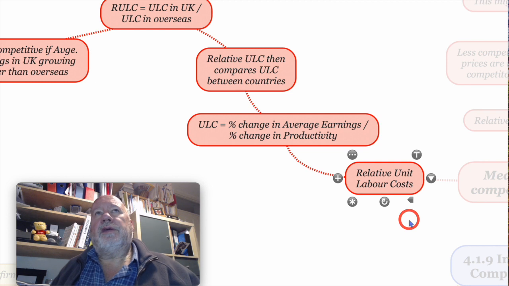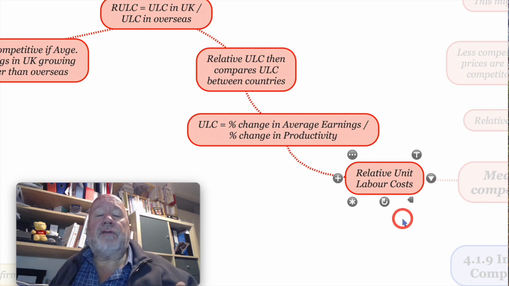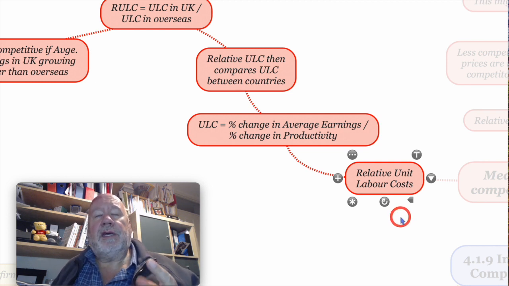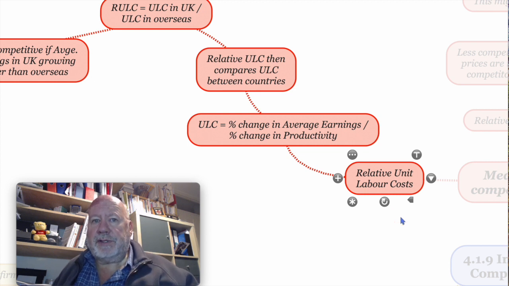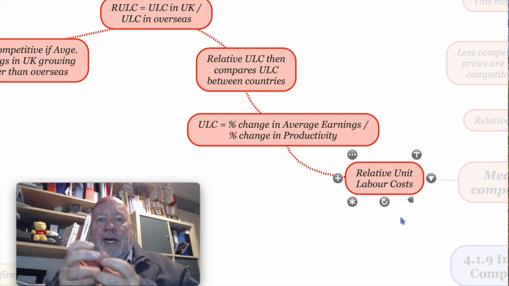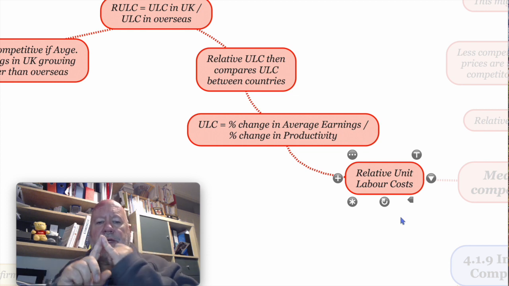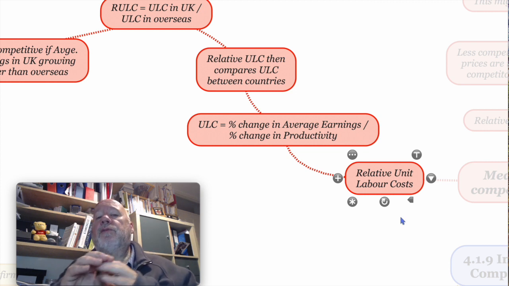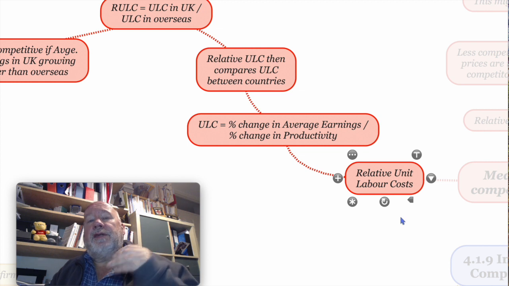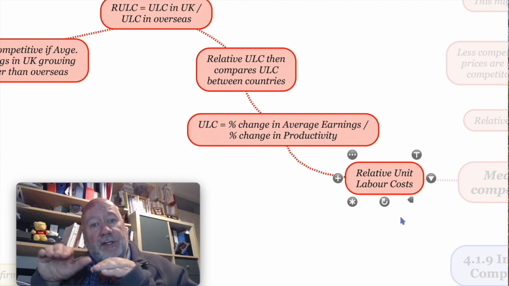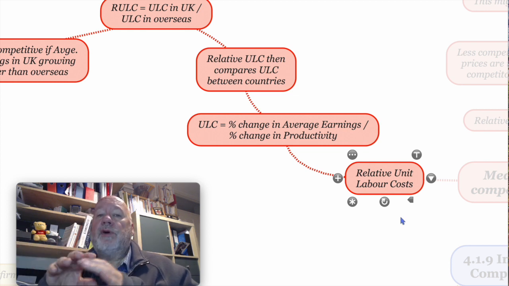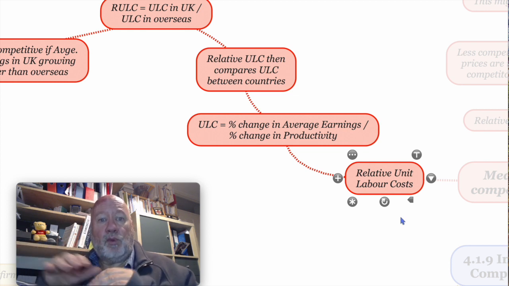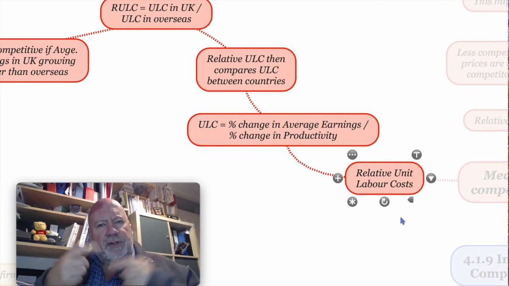Now, you already studied in microeconomics the idea that the unit cost, or the average cost, is calculated by looking at the productivity and then comparing it to the wages of the workers. So if productivity was rising, the unit cost of producing one good would be going down. The hidden assumption there is that the wage paid to every worker that you employ is a constant level, it's the same wage. So there's an inverse relationship between